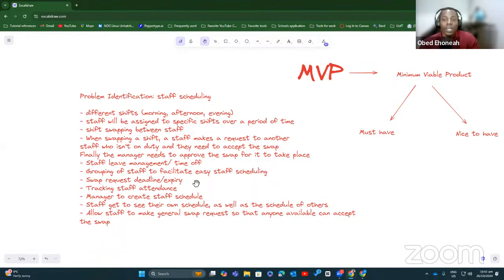Okay. The next thing you would want, if you are not a developer yourself, you're not an engineer, you have a problem that you've identified, you want to solve, you've come up with this idea. You want to build this tool with all of these features. Ideally, you would have to request the service of an engineer to do it for you, or a developer to do it for you, right?